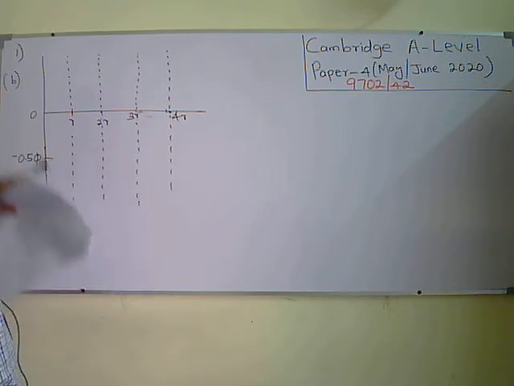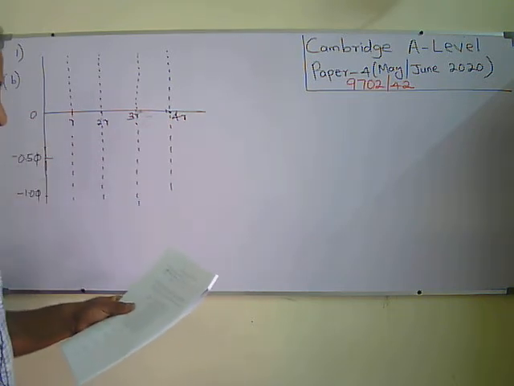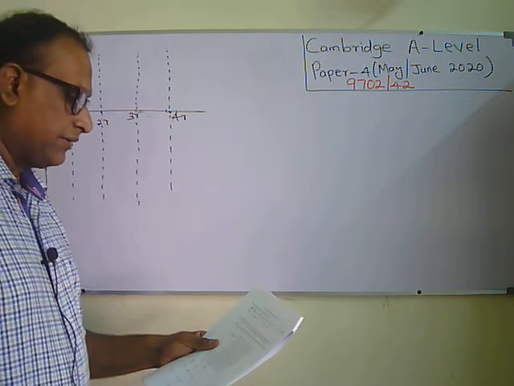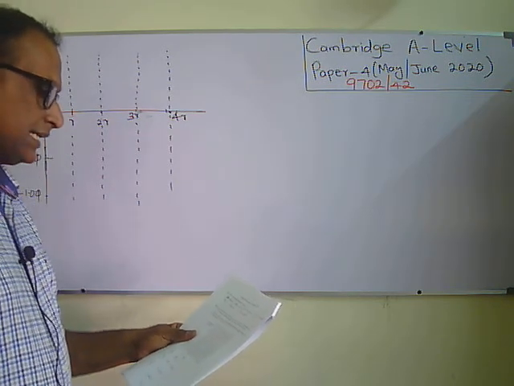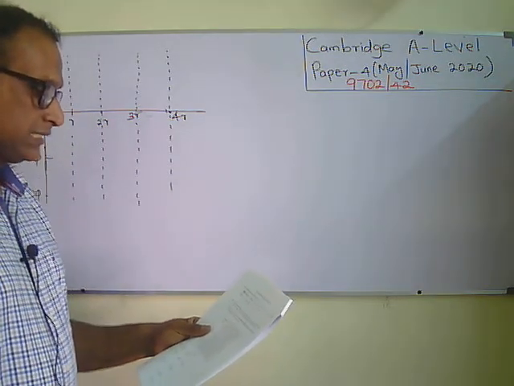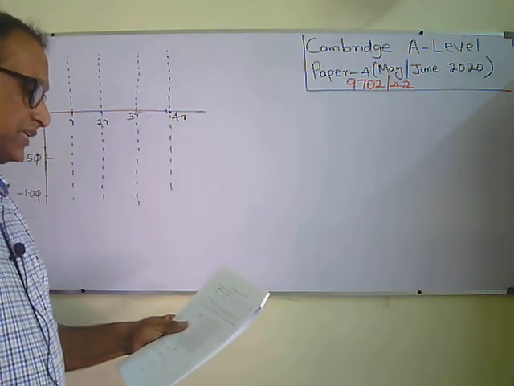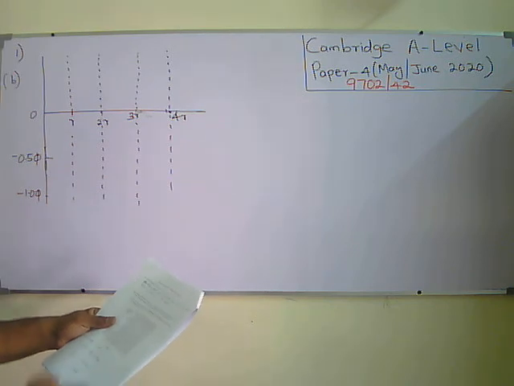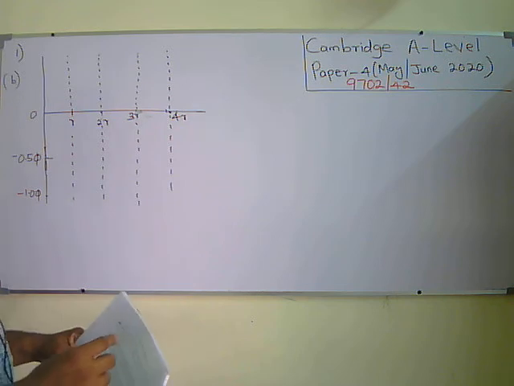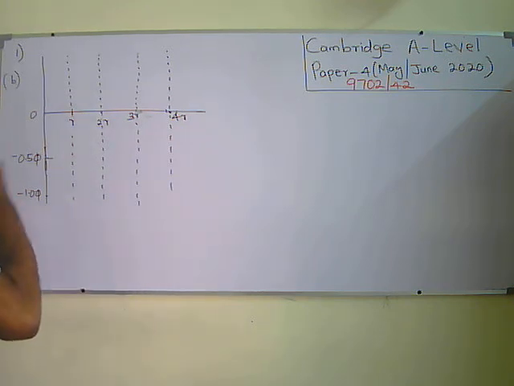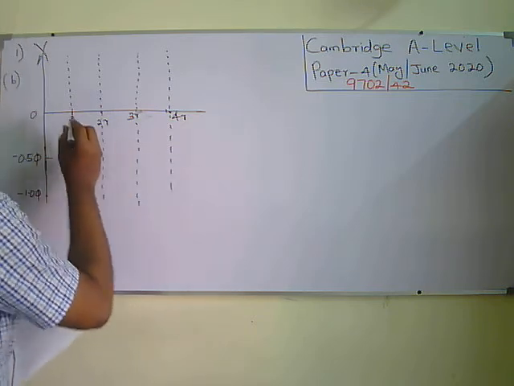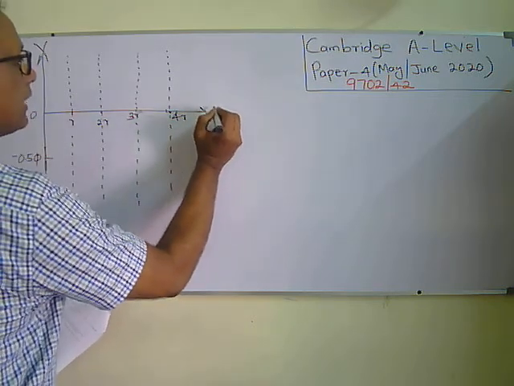Okay, so part B. An isolated solid sphere of radius r may be assumed to have its mass m concentrated at its center. The magnitude of the gravitational potential at the surface of the sphere is phi. They are giving this figure and they asked to show the graph of how the gravitational potential on the y-axis varies with distance from r to 4r, right?